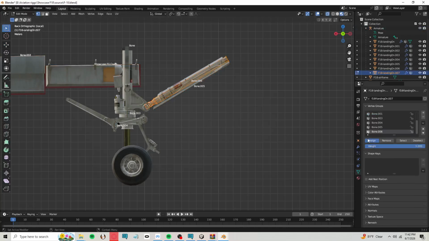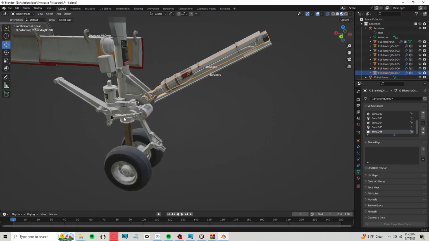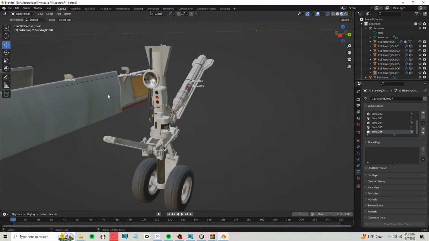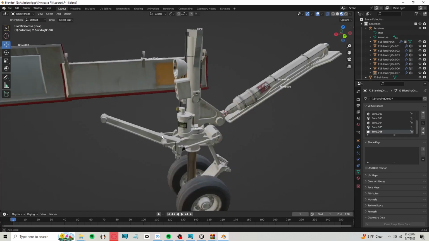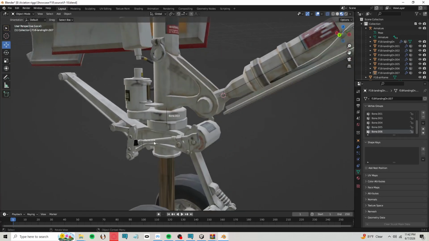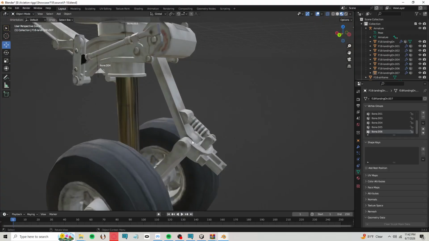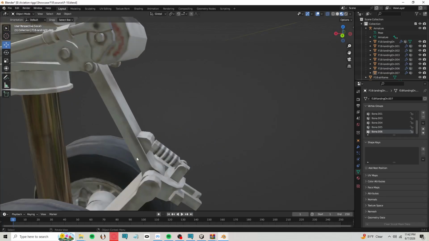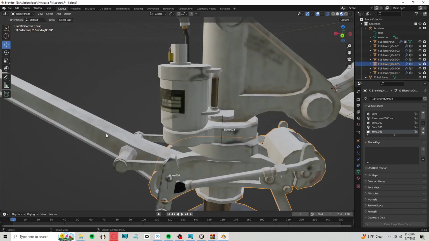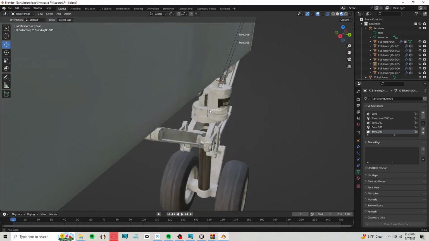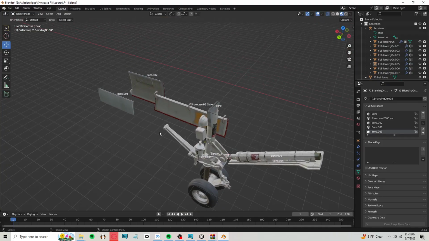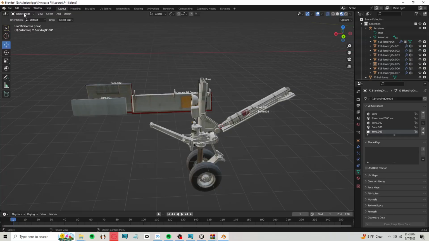Okay. So our landing gear is rigged for the most part. If you want to go a little bit more in detail, you can rig the hydraulics for the launch bar, your suspension systems, and your tires. We're not going to just jump into that just yet. So now that we have everything here, you'll notice